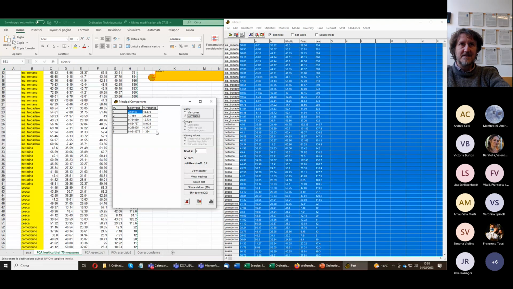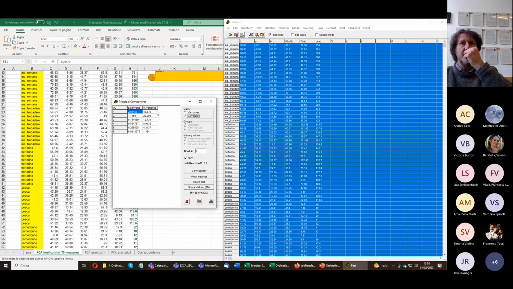So it loses a lot of information on the first axis, but it is a good loss because you avoid the magnitude of the variables. So you are independent from the magnitude of the